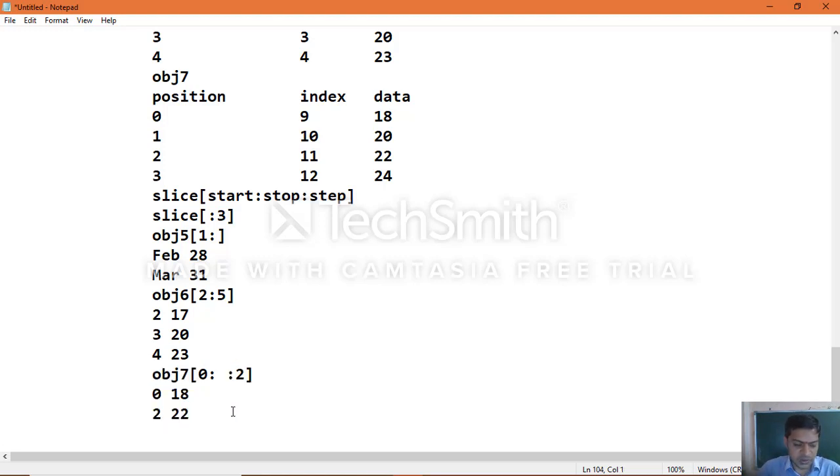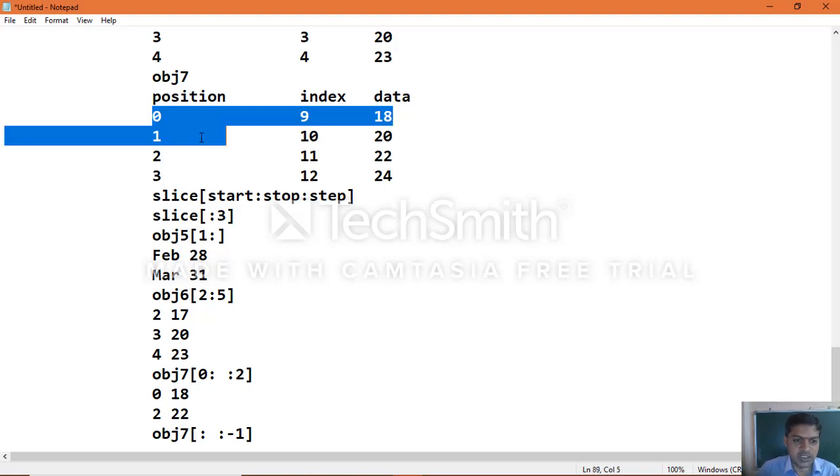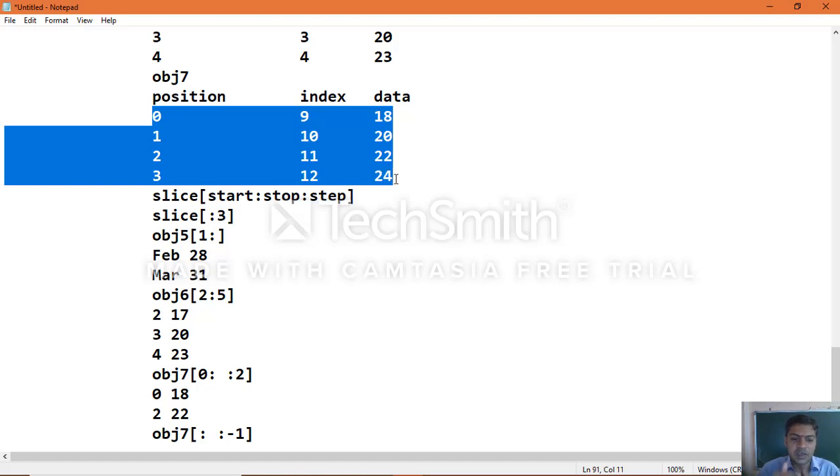In the same manner, suppose you represent a negative number. Let's see when you apply the negative, we didn't specify the start and we didn't specify the stop, but you specify the negative value here. So with a step of negative one, what happens here is it prints the data in reverse order, the data which was stored in the object will be printed in reverse order.